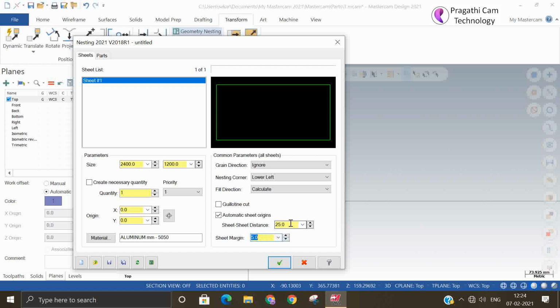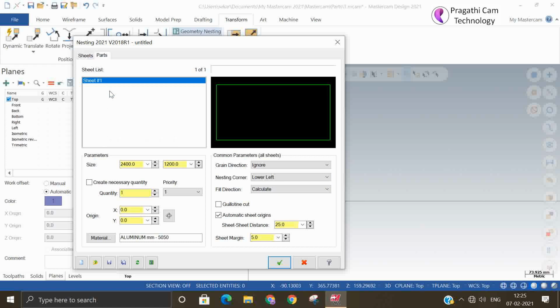If it is more than one sheet, you give the distance between the two sheets. Grain direction, if you want, you can provide, otherwise no. Grain direction means the direction in which a sheet is rolled. Based on that, your sheet cutting techniques and load also change. Where the cutting has to start, you can also specify from upper right, or fill direction, and say calculate.